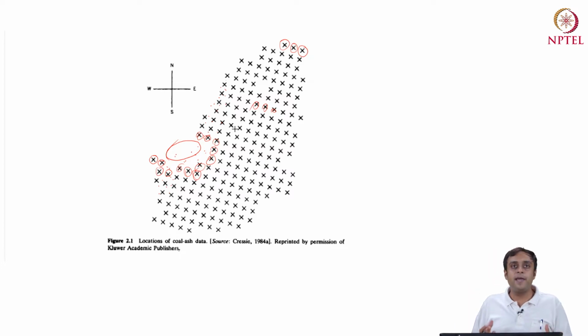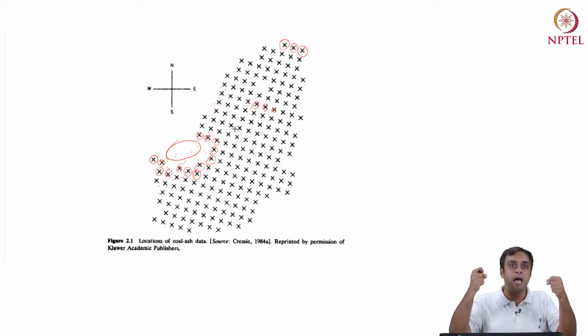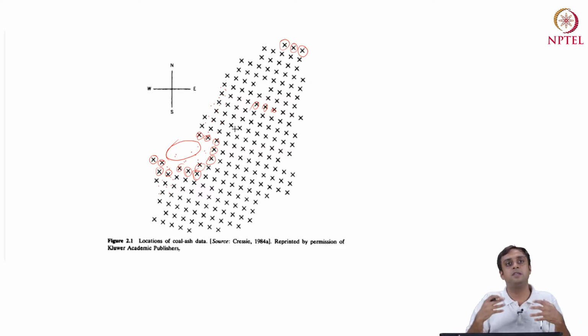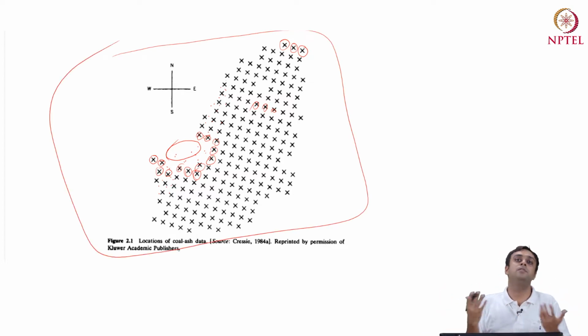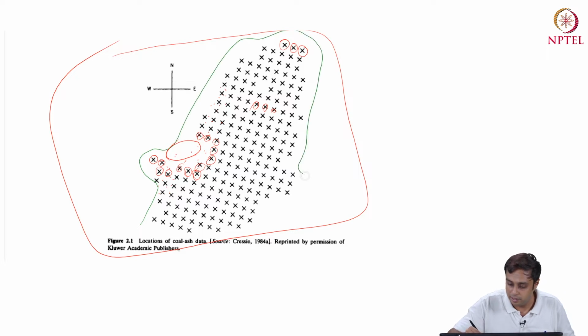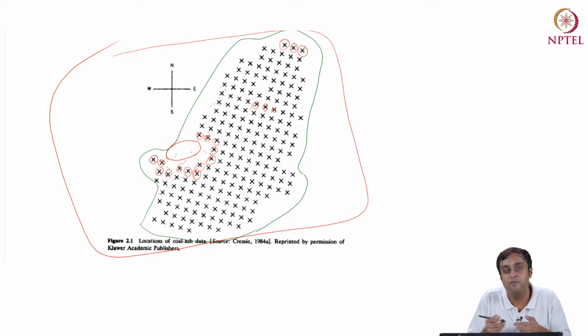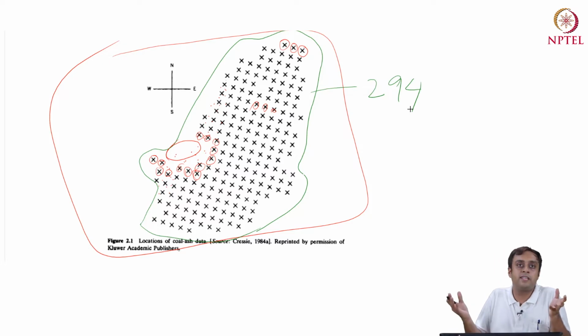Okay. Similarly in space, here in this example, you are sampling certain points on the ground and you are leaving others out, but the purpose is that I should be able to predict what's happening in the larger region using these sample points on the ground, right? If nothing, I should at least be able to say what's happening in spaces within a smaller domain where I was not able to sample, although I have a very good sample. I think these are 294 sample points if you read the book. So around 300 sample points.